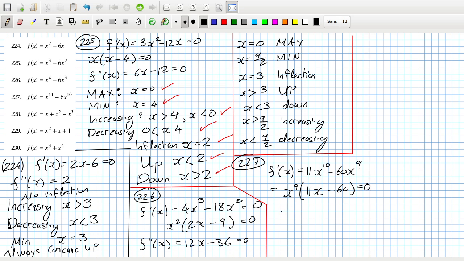So when x equals... let's calculate the second derivative. The second derivative is 110x^9 minus 540x^8. So when x equals 0, I don't know what's happening. We'll have to come back to that one. When x equals 60 over 11,